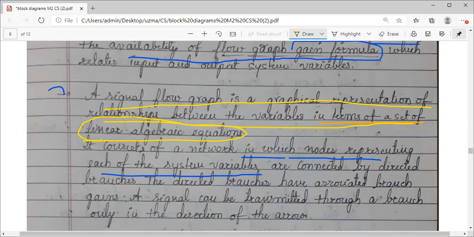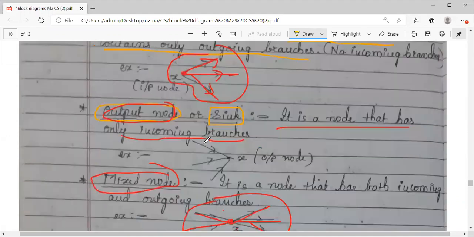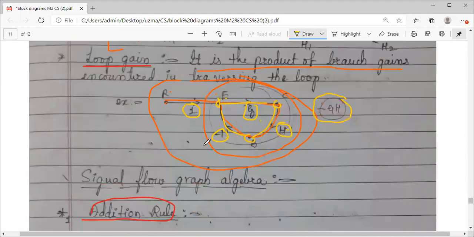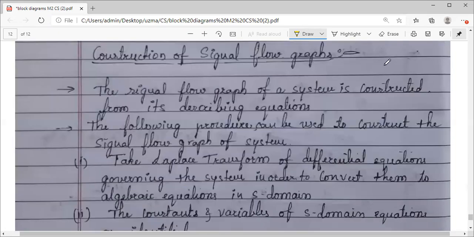The first method is, if you are given a block diagram, you can convert it to a signal flow graph directly with certain rules, obviously. Otherwise the second method, if equations are given to you, you can construct a signal flow graph. But ultimately, what is the goal? What is the end product? Ultimately, even though it is a block diagram or a signal flow graph, we want the transfer function of the system. Now, I have listed a few steps. Some procedure is mentioned here to construct this signal flow graph. Please go through these steps, the procedure. I'll quickly read it out.